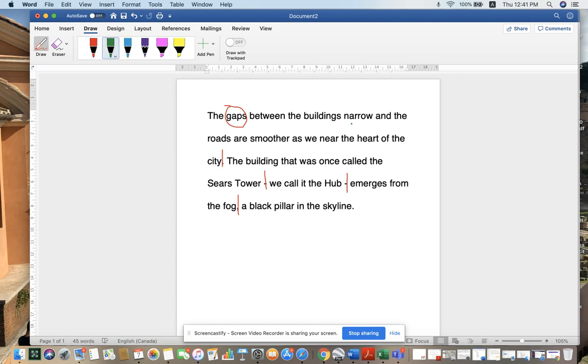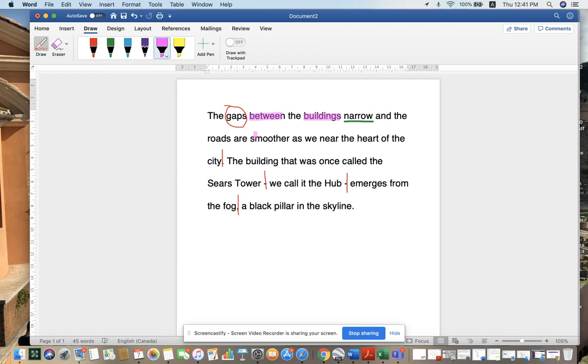And our predicate is all the way here following the object of the preposition. So gaps between what? Buildings, and there is my predicate, narrow. Okay. And again, you could say the gaps narrow between the buildings. Would there be a difference in comprehension, you think, if we put between the buildings after and as of before? I think visually they might make a bit of a difference because you are experiencing a motion of narrowness